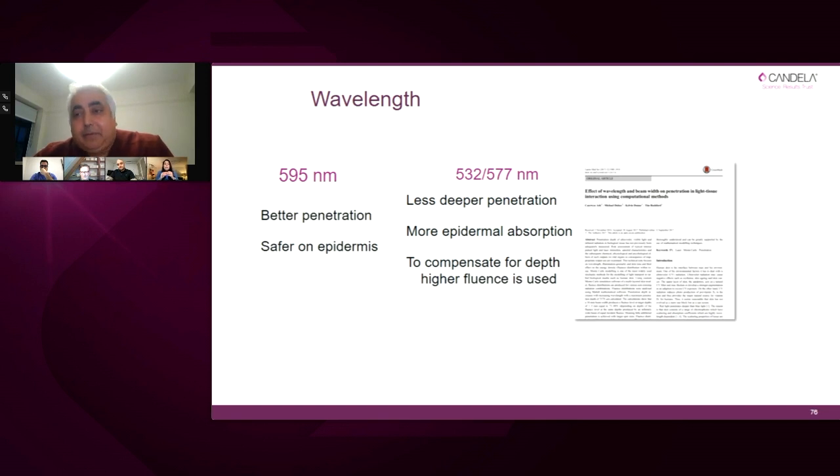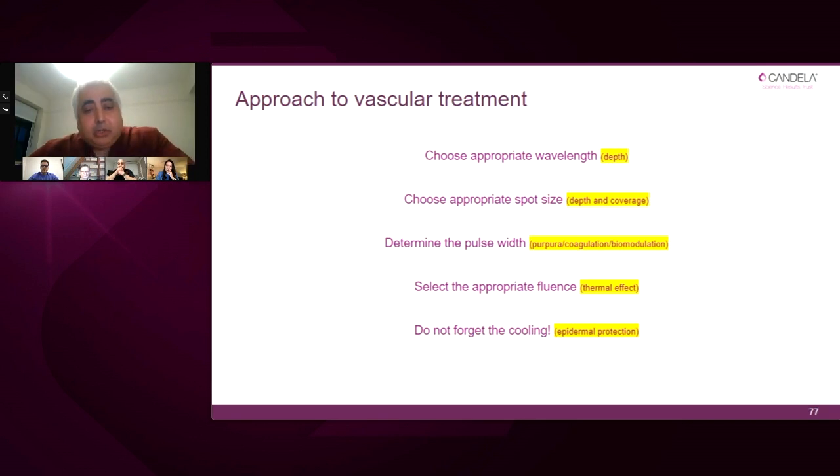And Candela found that the best wavelength for superficial vessels is the 595, because we have a good balance between depth of penetration, hemoglobin absorption, and less strong melanin absorption, and therefore we are much safer compared to the 532. So this is my approach to vascular treatment in terms of the algorithm.